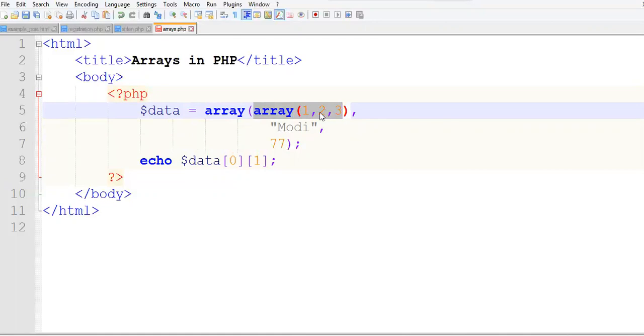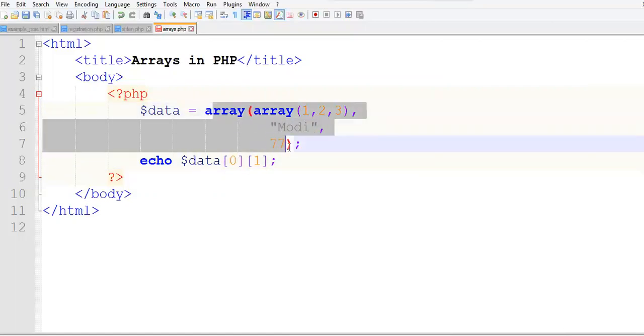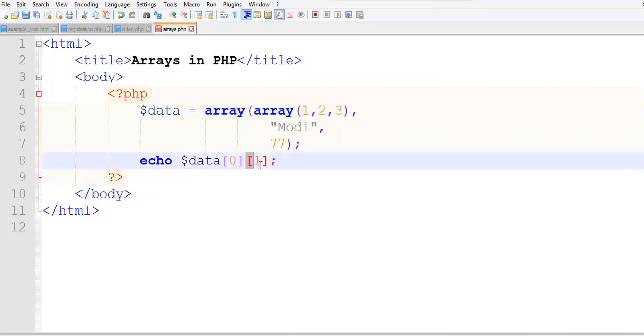Since it is an array, the index value again begins from 0, 1 and 2. So we have to specify two indexes. This first index is relevant to the first array and this second value is relevant to the array within the array, that is this part.